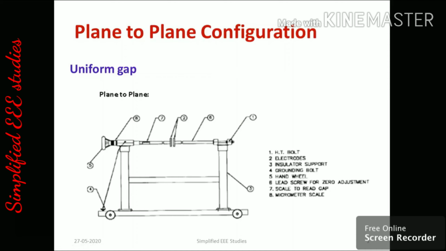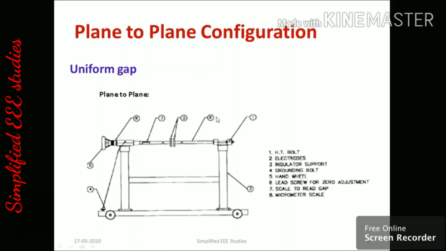So why is zero setting performed? Because to avoid errors. That is why we perform zero settings. Thereafter, what are you supposed to do? You have to close the room. This kind of measurement will be done in a closed room. Please close the room and come out of the room. Then by using the controller, you need to apply high voltage. You need to apply continuous high voltage in between the gap.